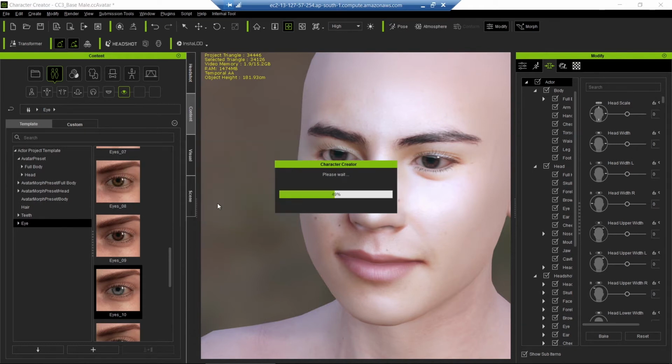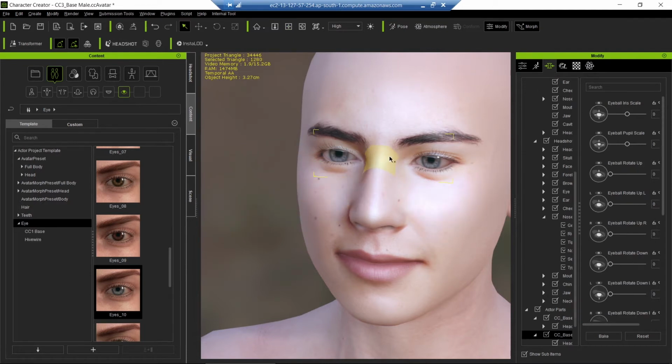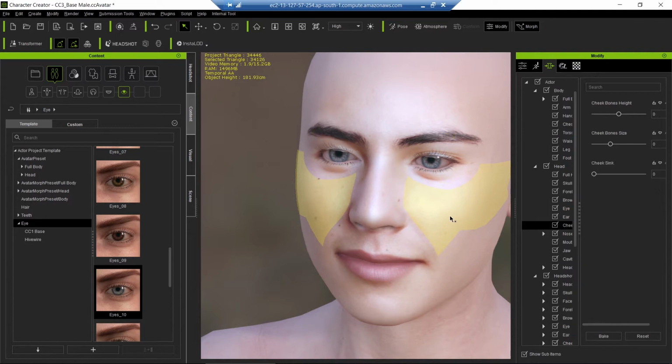So I will apply just the material on that, and you can see that the hands have been changed, and you are seeing these yellow areas. So you can just select this yellow area, and this is available for the complete body. This part you are selecting. Now you have got the sliders to change the values.